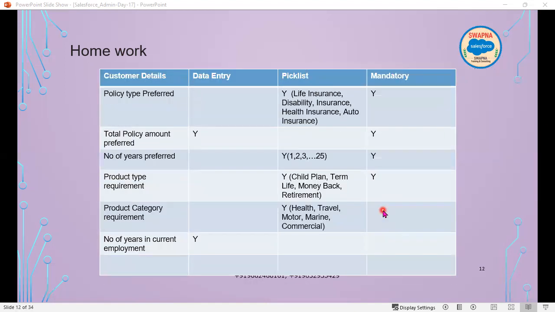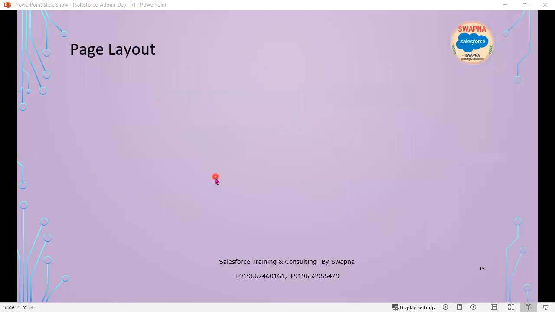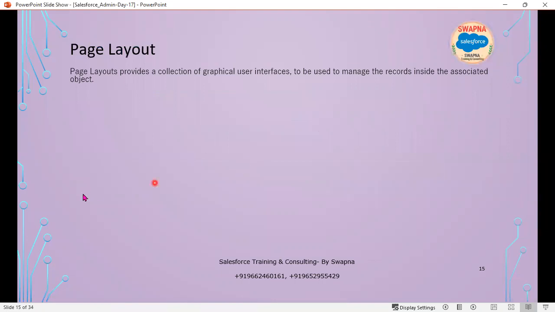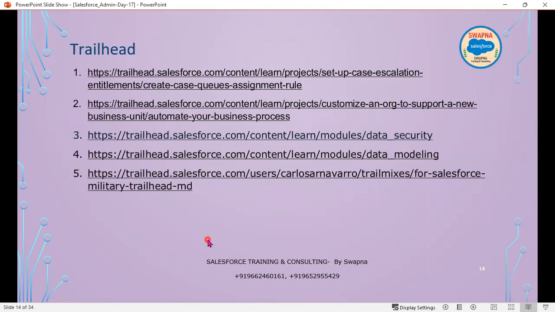Okay, so let's move on. These are the trial head links. Let me ping you the trial head links. Now, these are the trial head links, practice links also. Now, before going to the page layout, what we will do is create another